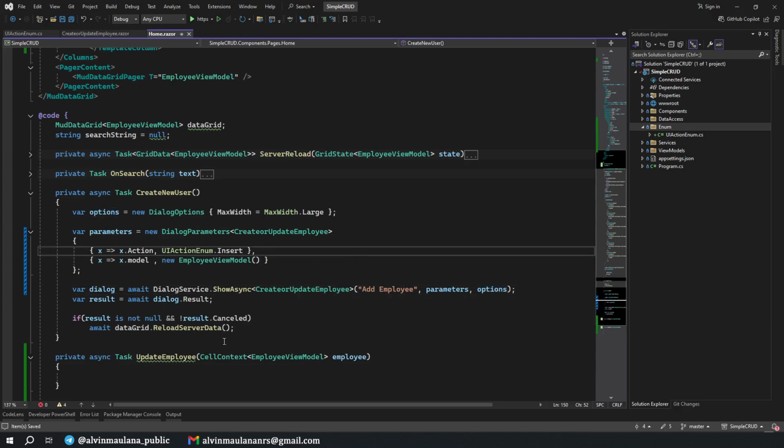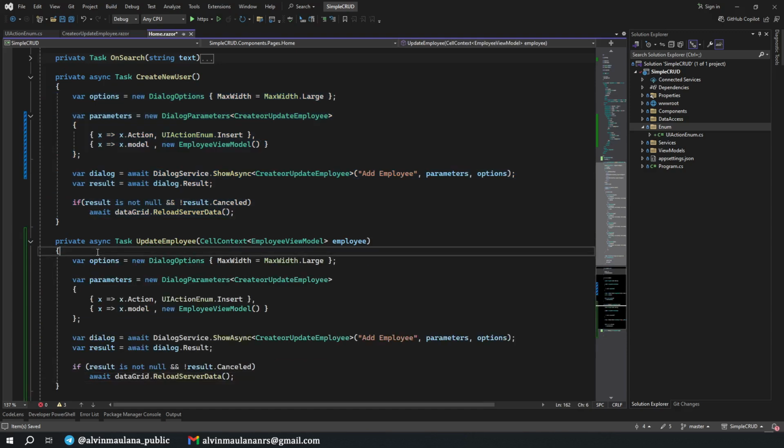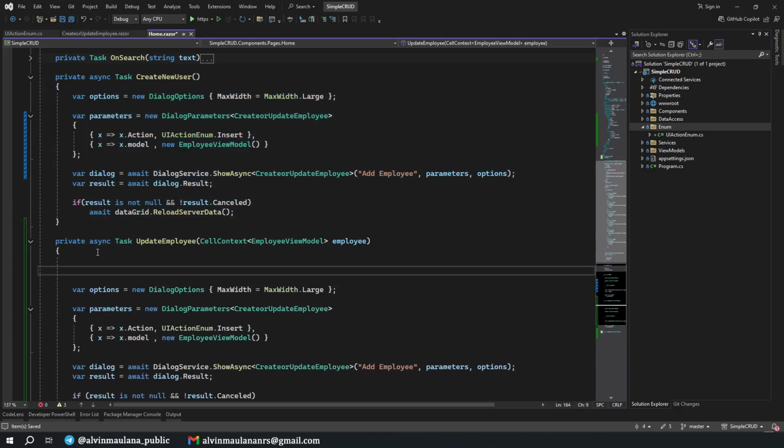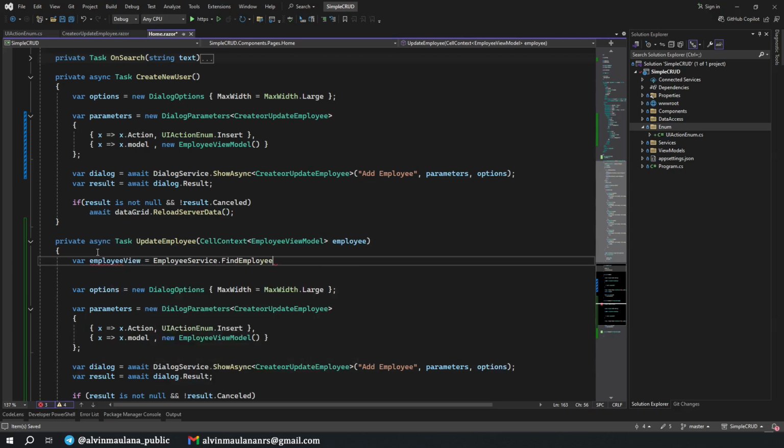And then I think we can copy it to UpdateEmployee. But first we need to search the employee from the database for the employee view, maybe employee service, FindEmployee.